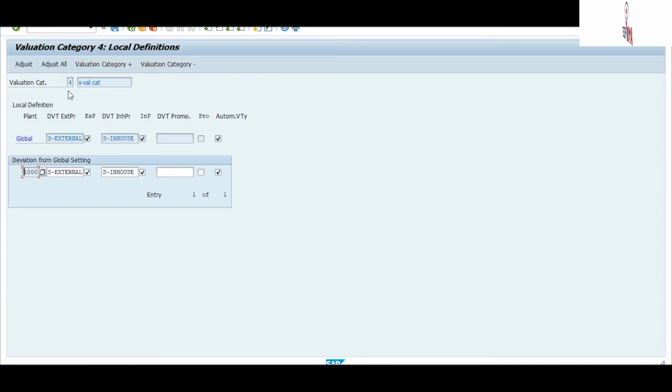So check the local definition. In that you are able to see your valuation category, your global procedure, and your setting will be like this. For 1000 plant you will have external valuation and in-house valuation, right? So this thing we have done. Save it